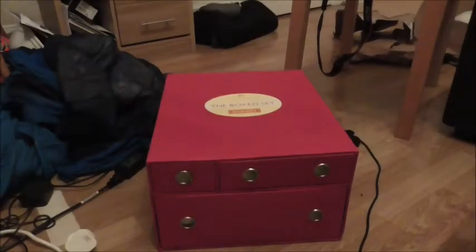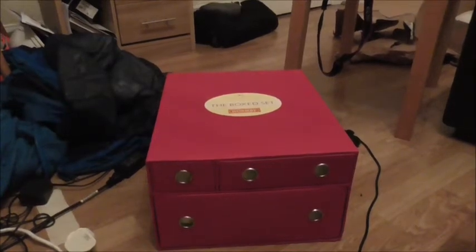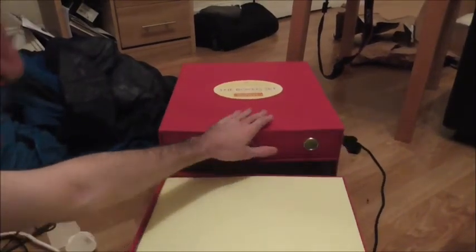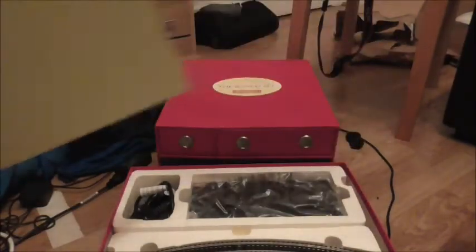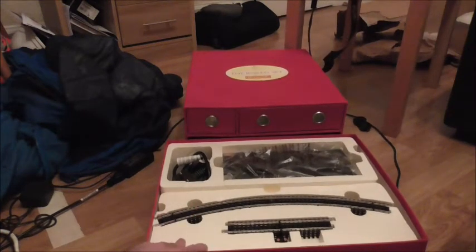Right, so now it's out of the box, we'll just have a look at what's in this set. I think we'll start with probably the least interesting part, which is this bottom drawer here. Really nice presentation box on this model, so I'll just turn that around here. In the bottom we have two drawers of track and the classic Hornby HM2000 transformer and controller,